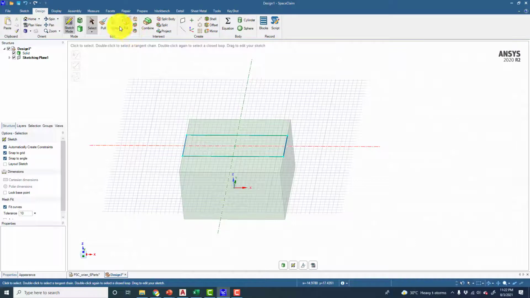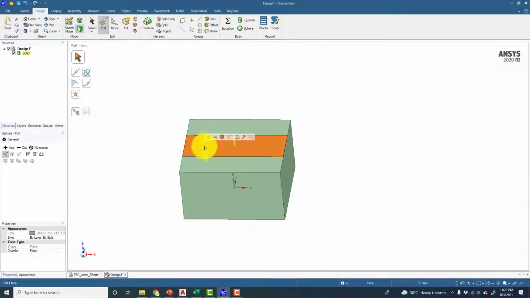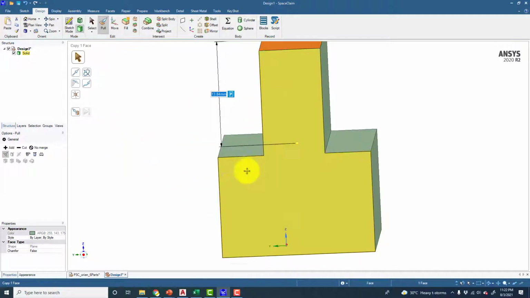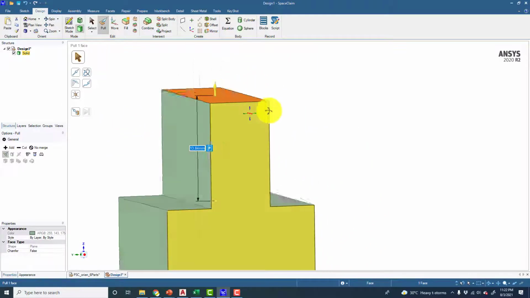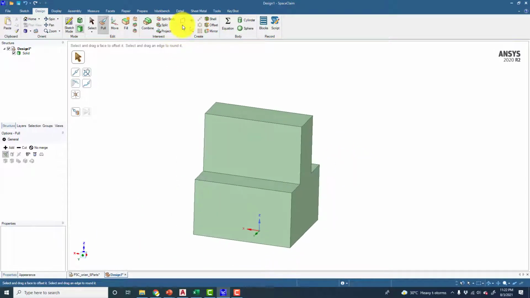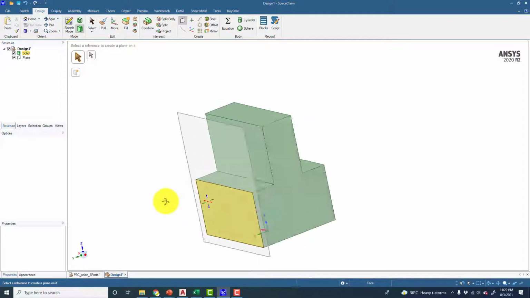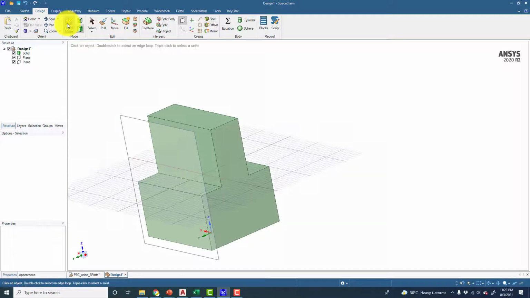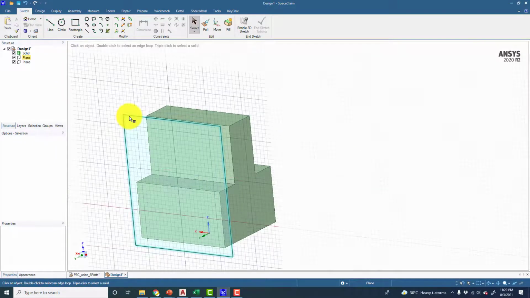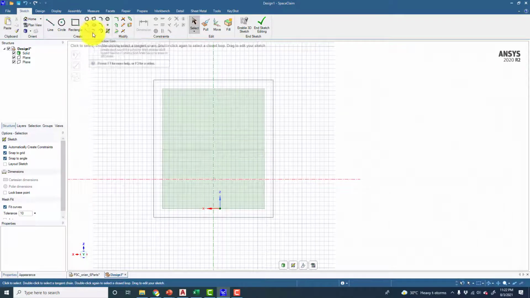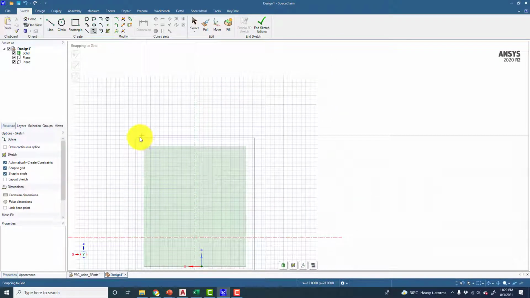So let's say now we go here, and from here I will just pull this geometry. Now let's say I want to reduce some curvature on this surface instead of this straight surface. So let me create one plane, and that plane will be used to create the surface I require here. So again I will go into sketch mode, and this is my required plane. Click on locate, and I'm going to use the spline command, and I will use some random shape here, and this can be any shape.